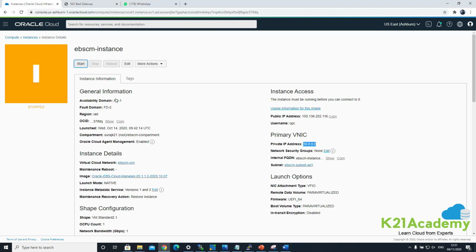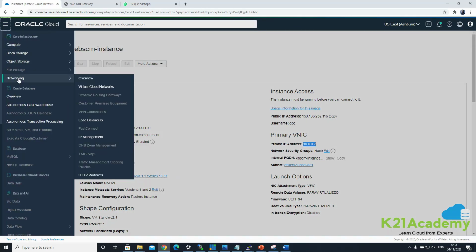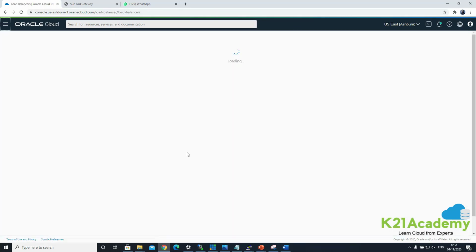So I'll simply start this machine. And once the machine is started, I need to connect to this machine through PuTTY and start the service. That should resolve the problem. So once you have started the services, you should go back to the load balancer networking, load balancer here, come again.